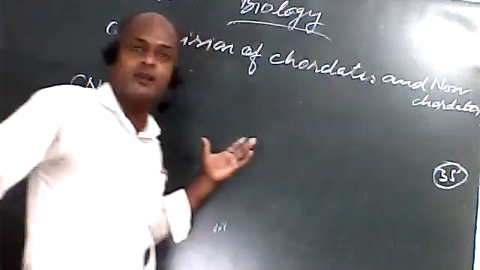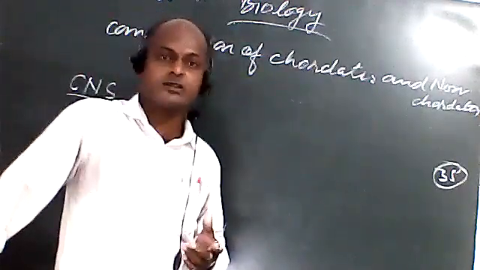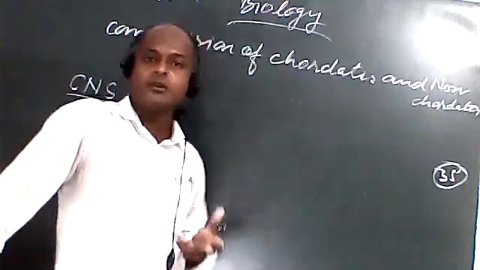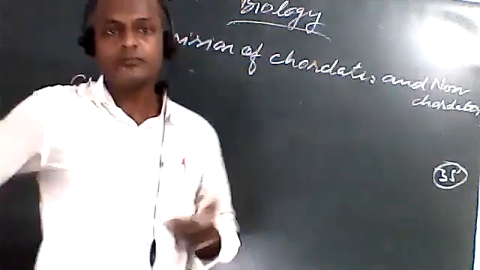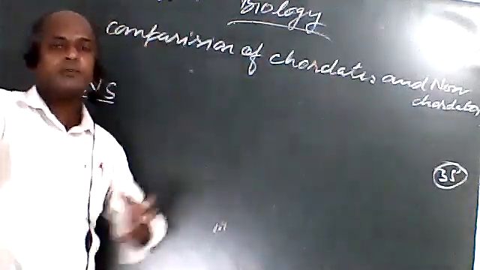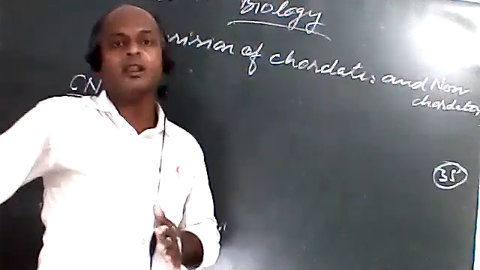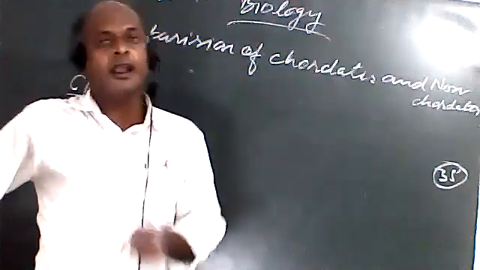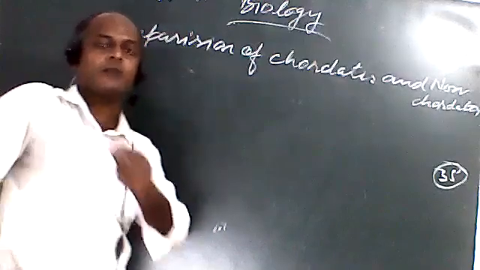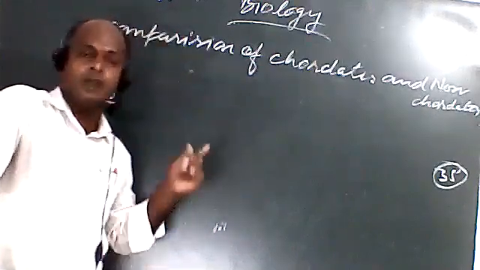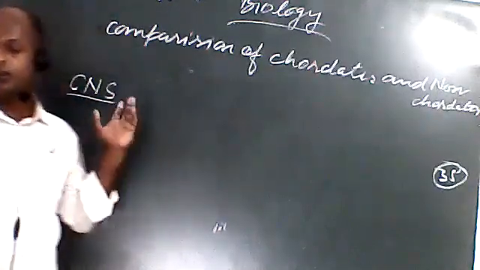यदि CNS न कह के हम nerve cord कह लें, then it will be very easy to make you understand that there is presence of nerve cord on the dorsal portion of the body, which is hollow and single. But in case of non-chordates, we have seen that this CNS is present on the ventral portion of its body, and it is solid and double. We have studied that there is presence of double ventral nerve cord in the ventral portion of the body, which is solid.